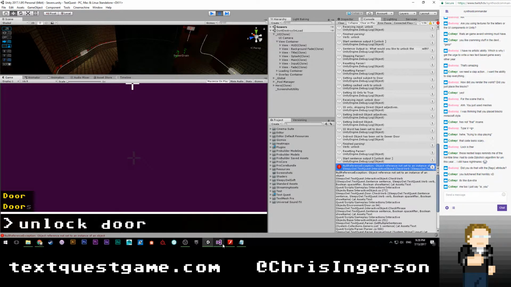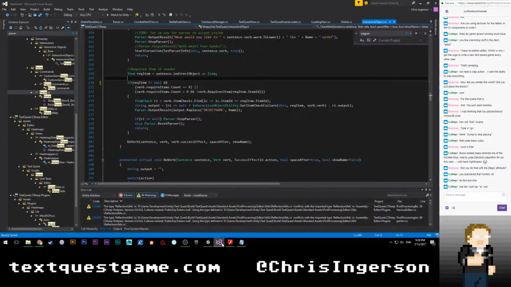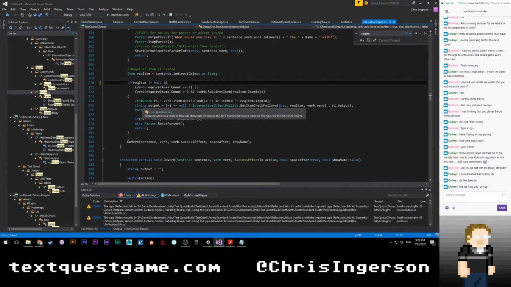But the door is not an item, and it does not derive from item because it is just a base interactive. Well, it's a door, which derives directly from indirect object. So this rec item dot item ID is going to be null forever. But what's really weird is that it shouldn't even get this far. It should just see this first require item is not equal null and then break out of there. So that's super weird.